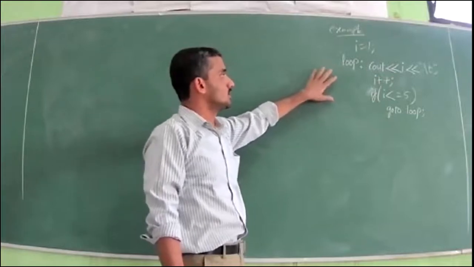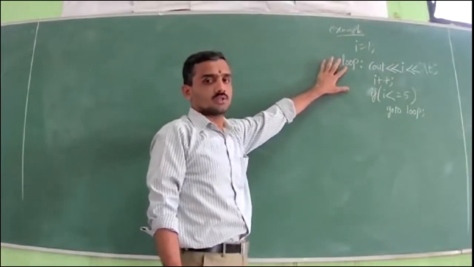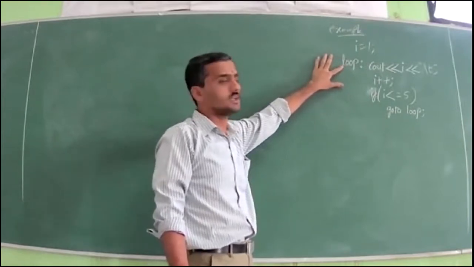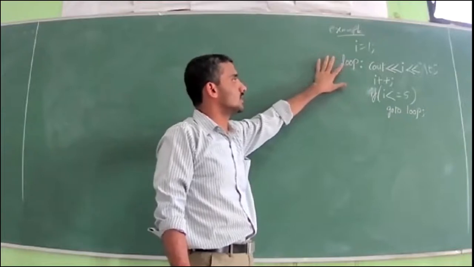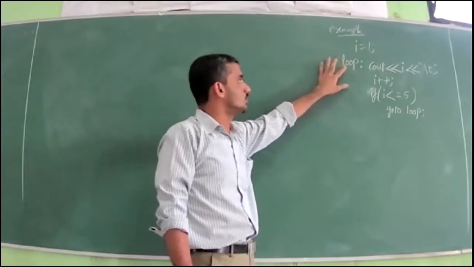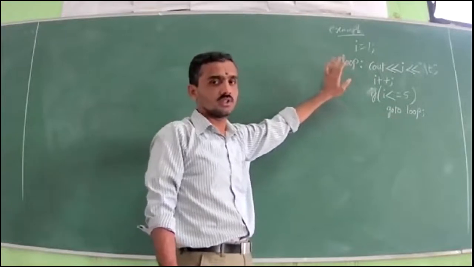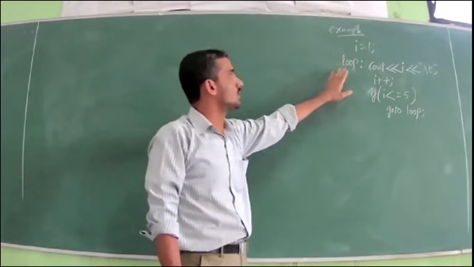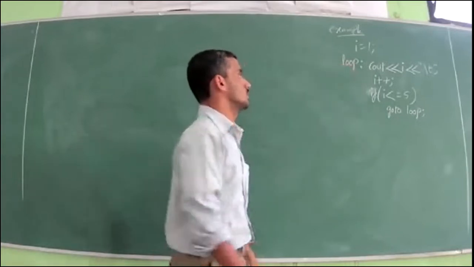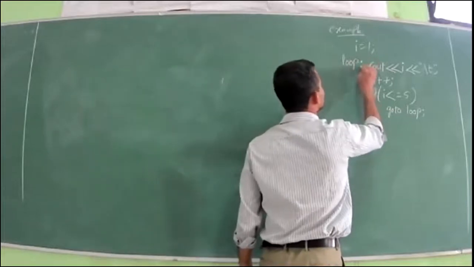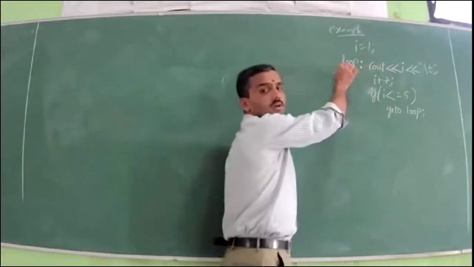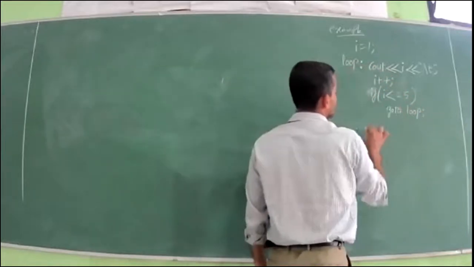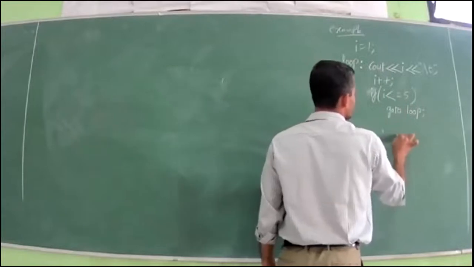Something you have to remember is the word loop. Loop is an identifier. If you check the rules of the identifier, they will hold good. The first character should not be a digit. Yes, I use the letter L. Blank space should not be there. I have not used any blank space here. And it should not be a keyword. Yes, loop is not a keyword. If you check the keywords list, it is not present. And the underscore symbol can be used, and it is not compulsory. If you want, you can use it. Otherwise, you can leave it. But no other symbol should be used. After the word goto, you want to put the same name that you are using here. So I can say here the word loop is a label.